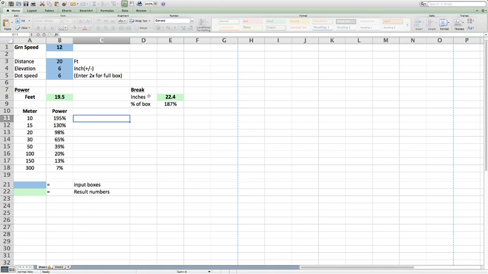A bit of wind can come into play if it's 20 or 25 miles an hour off the left or the right. But it's fairly simplistic and spot on once you get through the maths of it. Not so much with the pace, because there's a lot more that can go wrong. Short, long, wind. There are a lot more variables to it, and it's a harder formula to get right because you're trying to